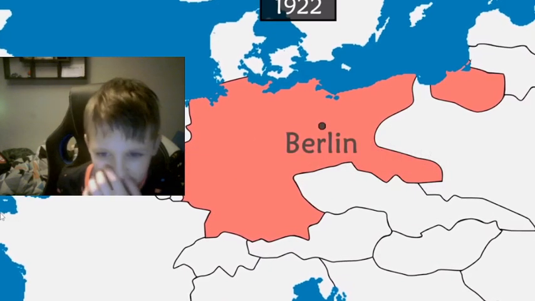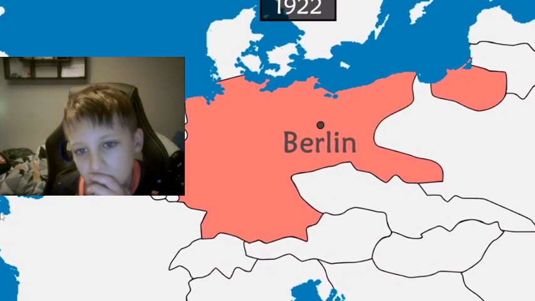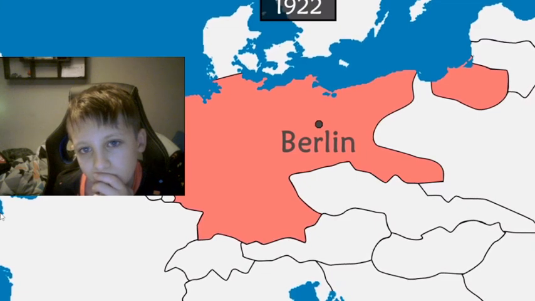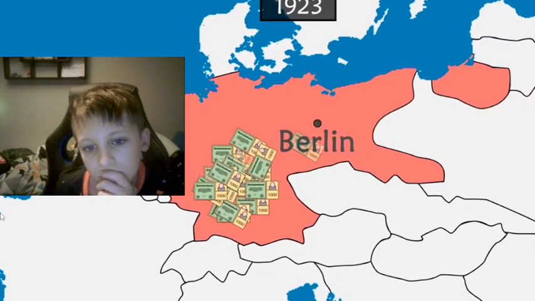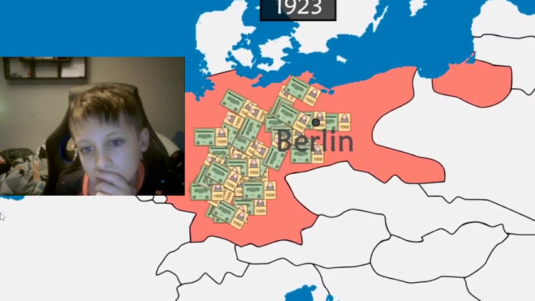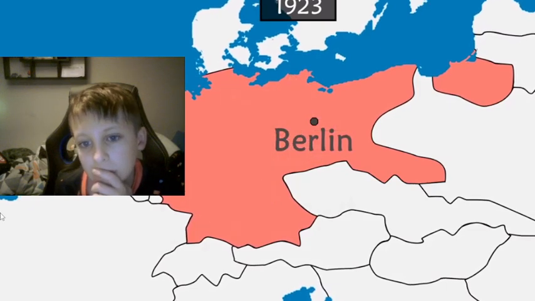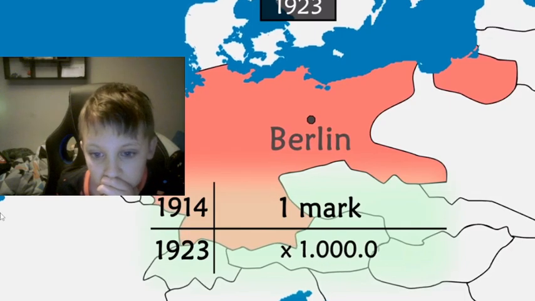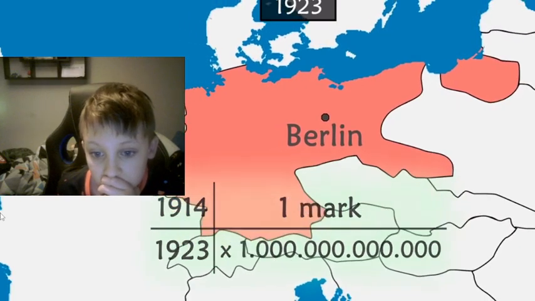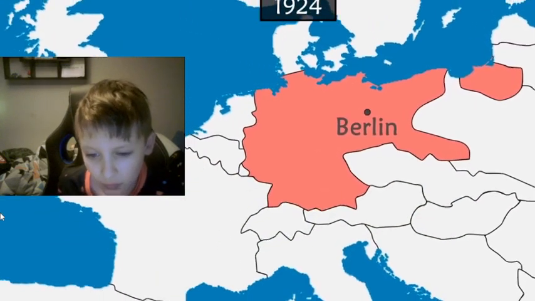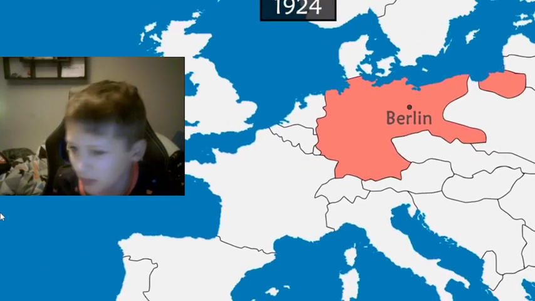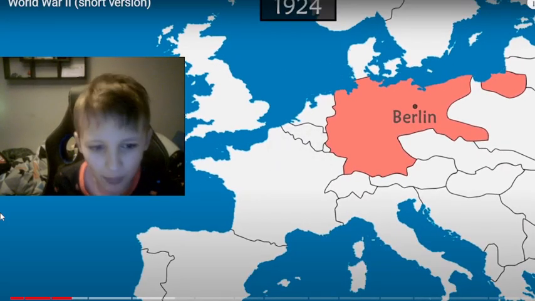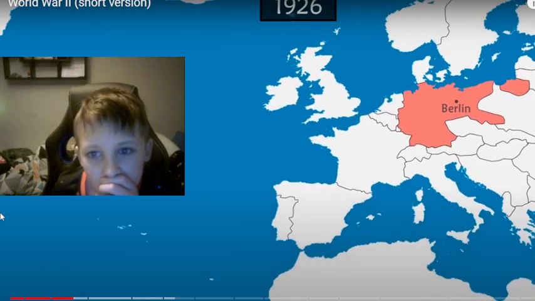The German economy is weakened by excessive debt and suffers hyperinflation. National mints try to address this by printing banknotes, causing a devaluation of its currency. Between 1914 and November 1923, the value of the mark grew by 1,000 billion. The following year, radical measures are taken to halt inflation and stabilize and revive the economy.